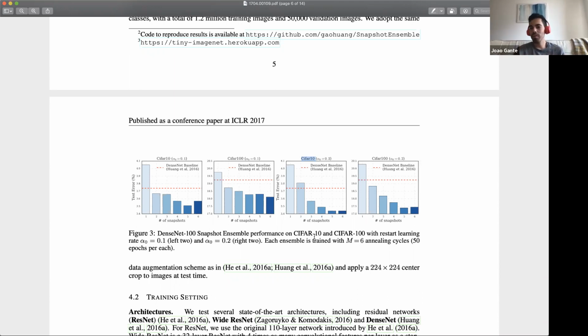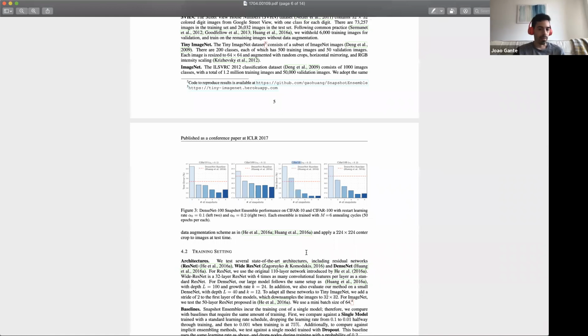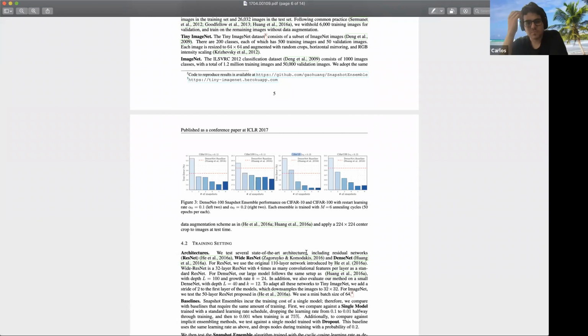They don't actually measure the benefits of diversity, which for me is a very big, important part about ensembles. Can I add something there? Yes. Related to that, they make a claim very early in the paper, which they never actually